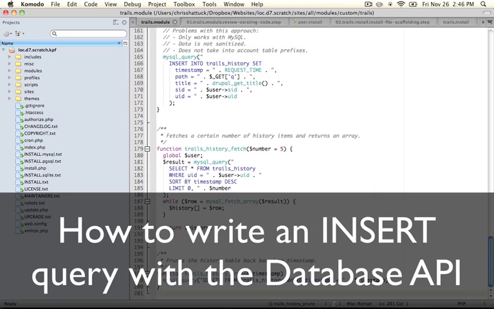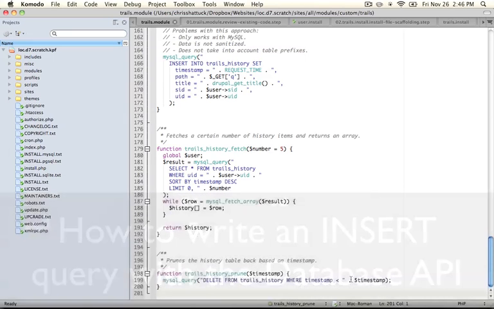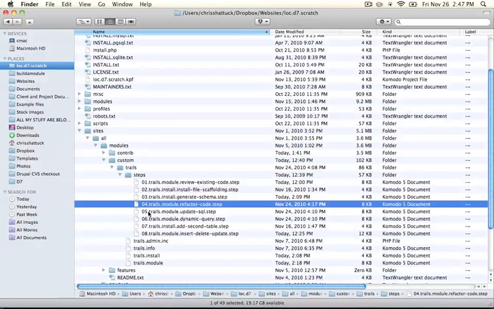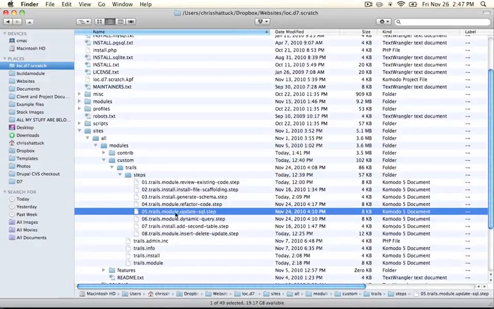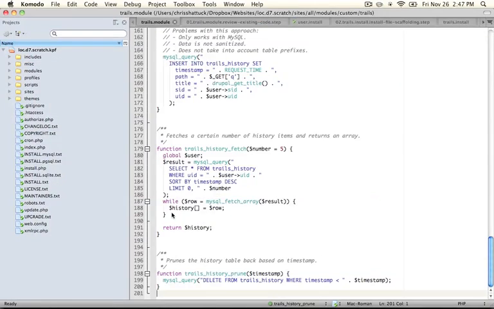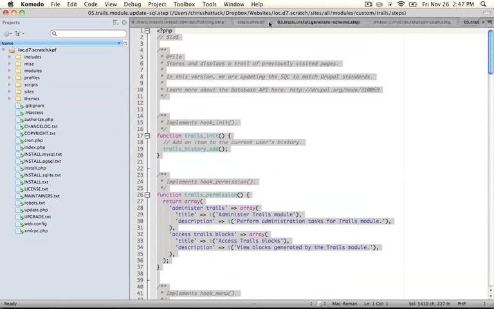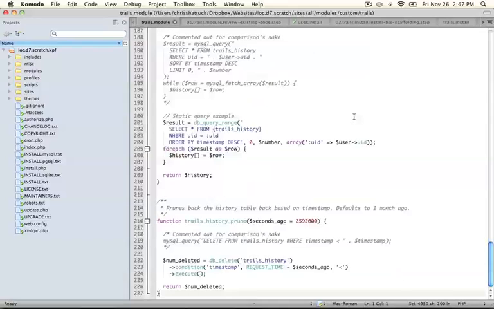Okay, now let's go through this code one more time, and we're going to convert all of those queries to the database abstraction layer. Go ahead and jump to your module directory. Let's open up the fifth step, which is called Update SQL. Go ahead and copy the entire code, and then paste it over the code currently in your trails.module file, and